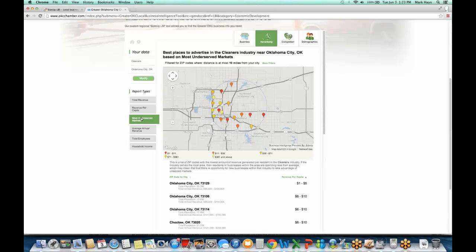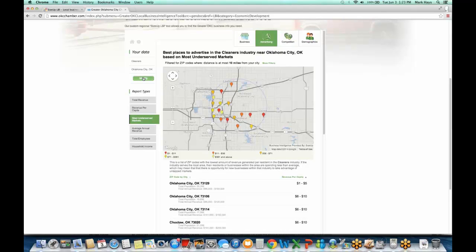Go ahead and start looking into those areas, and through the rest of the tool, really start to figure out, I think this area might be right for me. And you're going to be surprised a lot of the times. You can even start to identify leakage for economic development people and figure out exactly what's happening within specific industries here. And like I said, you can always modify your industry and type in something else, and obviously this entire map's going to change.